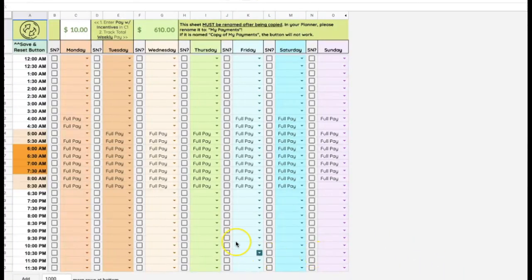And you can keep track. So I can go through and click if it was full pay or half pay. I don't do trials anymore. I didn't like the stress of being switched in the last minute, so I don't do trials anymore. So I generally don't have anything that does half pay anymore. If it's short notice, I just click that button, and then all this magical math happens up at the